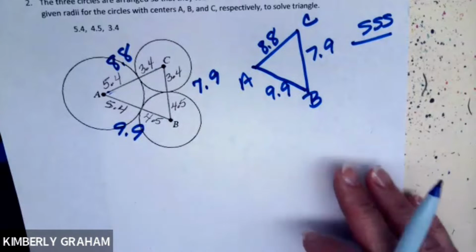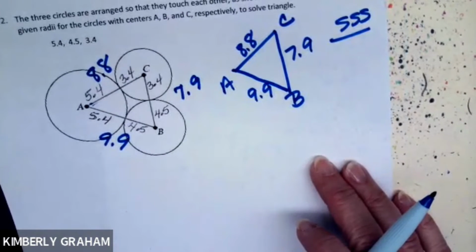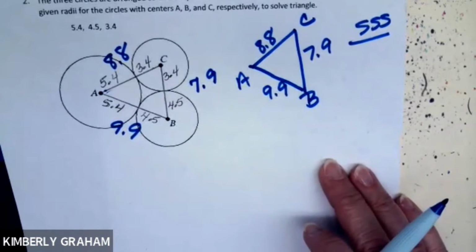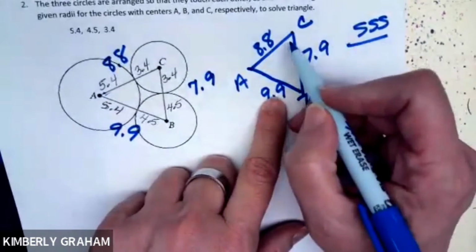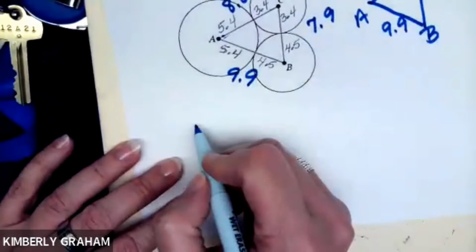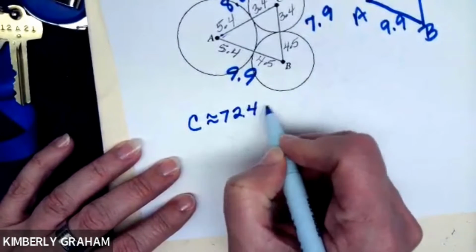If you have an obtuse angle, it's going to be opposite the longest side. I don't know that I have an obtuse angle, but if I do, it's going to be opposite the longest side. So I'm going to start off by finding the measure of angle C, and you're going to get C to be approximately 72.49